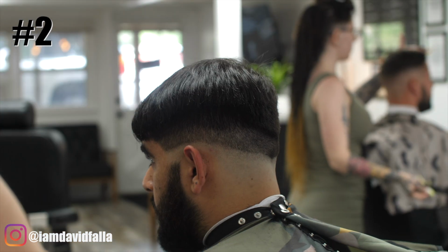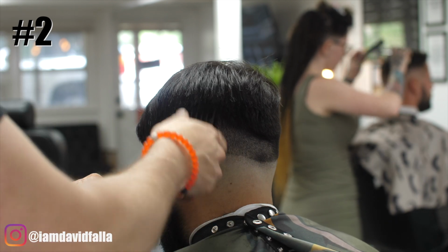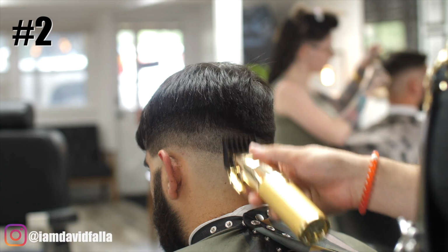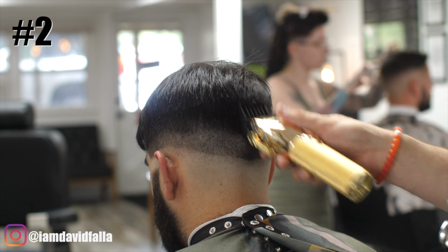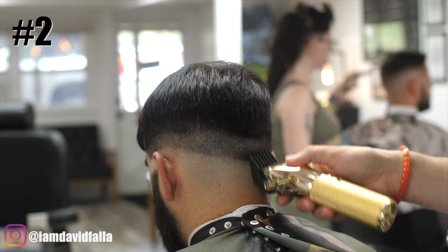Now that we know where everything is, we can continue down fading. So now I'm using number 2. Remember, we have used a 4 and a 3 before. Now we're using number 2, lever open, and then we close that lever little by little. And now obviously we're connecting that 2 into a 1, and then we're going to connect the 1 into a 0,